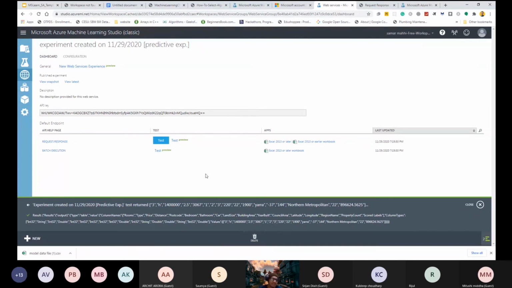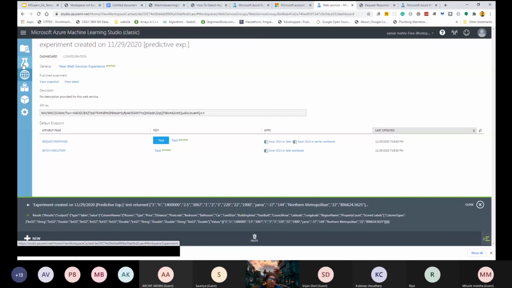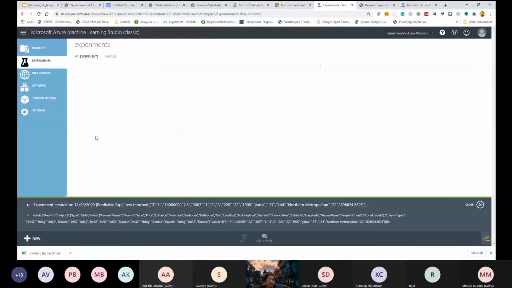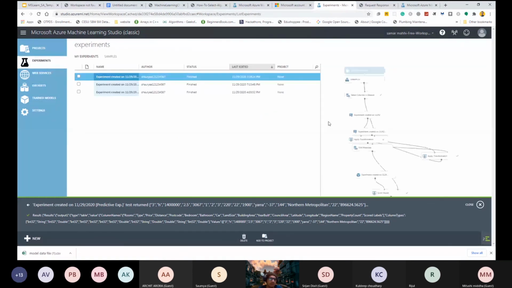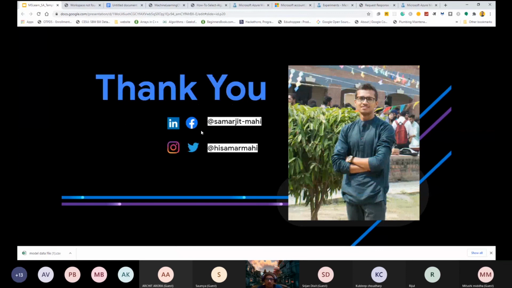So similarly, you can test it on your own, and you can use it on your website by linking this model to your app or a website. So in this way, you can create any model, or you can test the sample models found in the experiment part, so that you can create your model on your own. So this is all about this session. Thank you so much for attending this session. If you have any doubts, you can clear it by unmuting your mic.